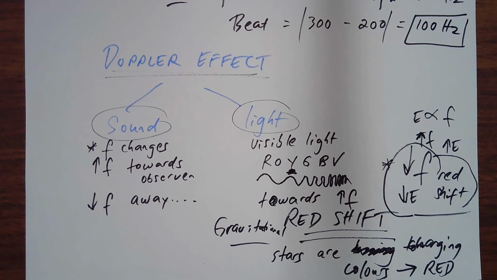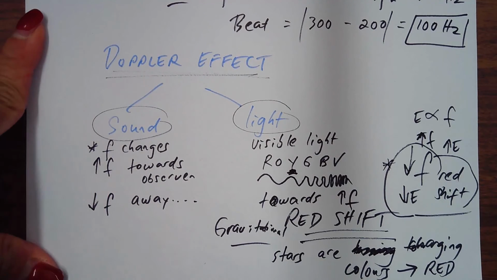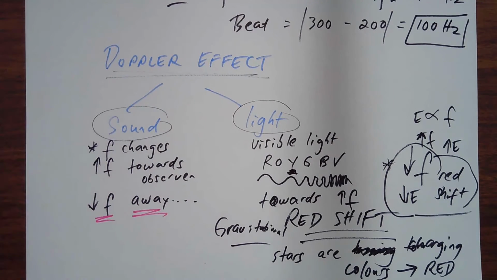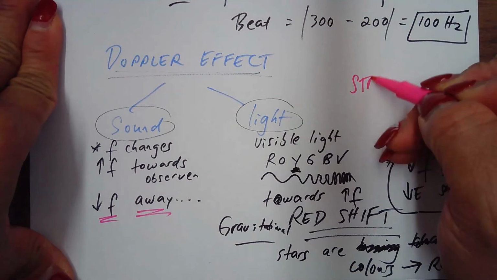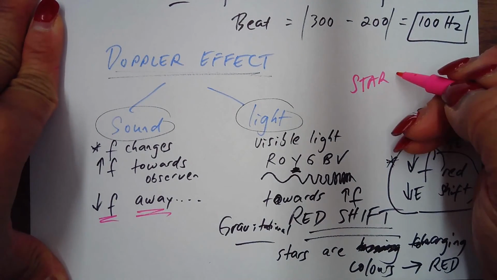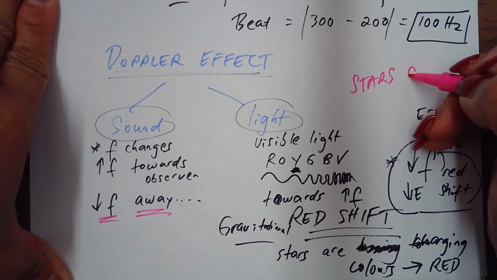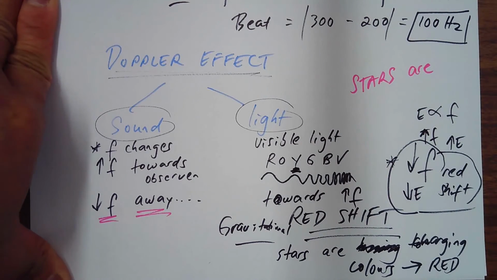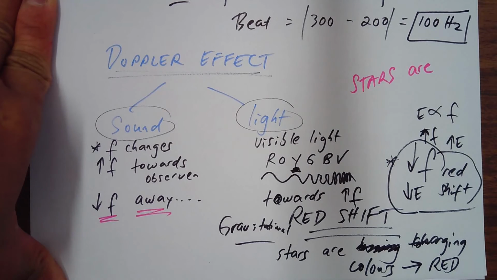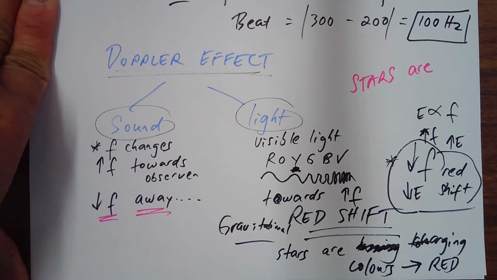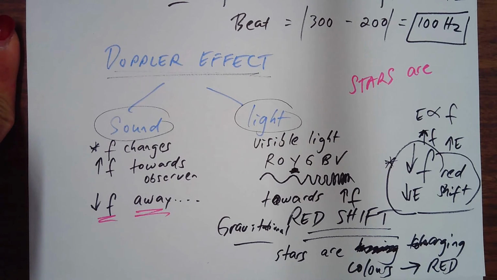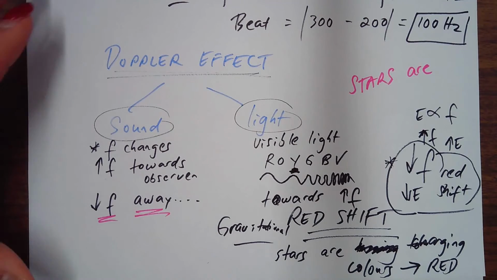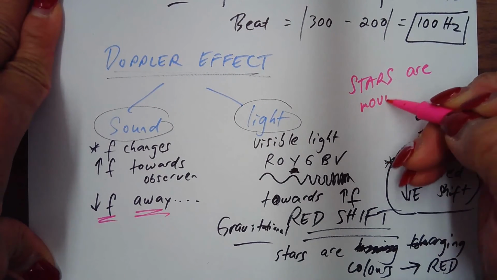A decrease in frequency. Moving away, right? So this is the observation that they have had for many, many years. Now we know that galaxies themselves are collections of many, many stars. Our galaxy alone, the Milky Way galaxy, has billions and billions of stars, and every single star has at least one planet. So this is what we know now.